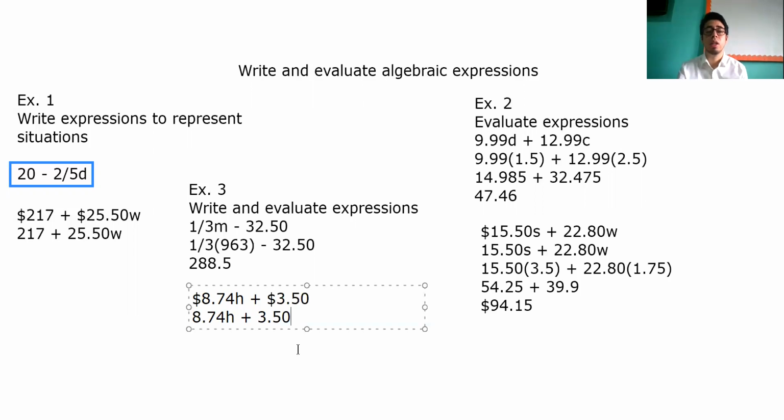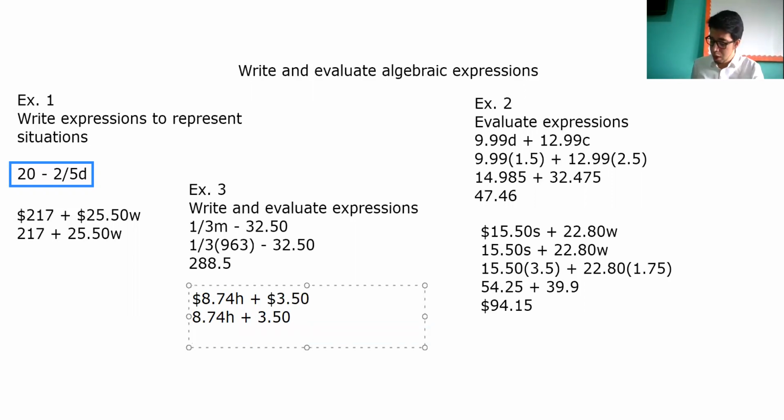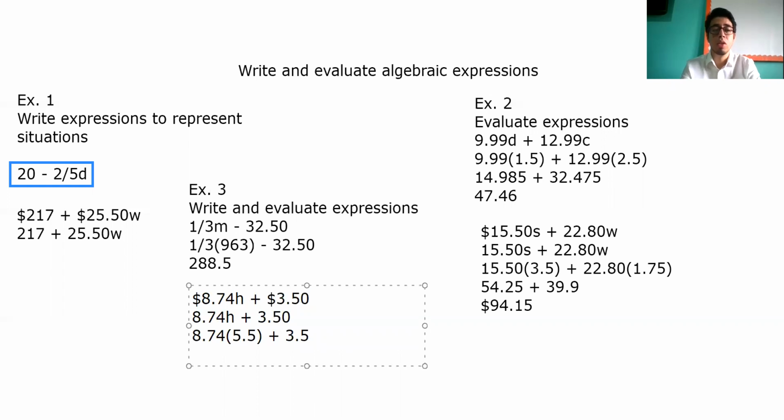But we need to evaluate. We need to evaluate for the number of hours, and you already know the number of hours. What is the number of hours? In this case, it is 5.5 hours. So 8.74 multiplied by 5.5 plus 3.50. 3.5 or 3.50 is going to be the same, right? So we only multiply 8.74 multiplied by 5.5 is